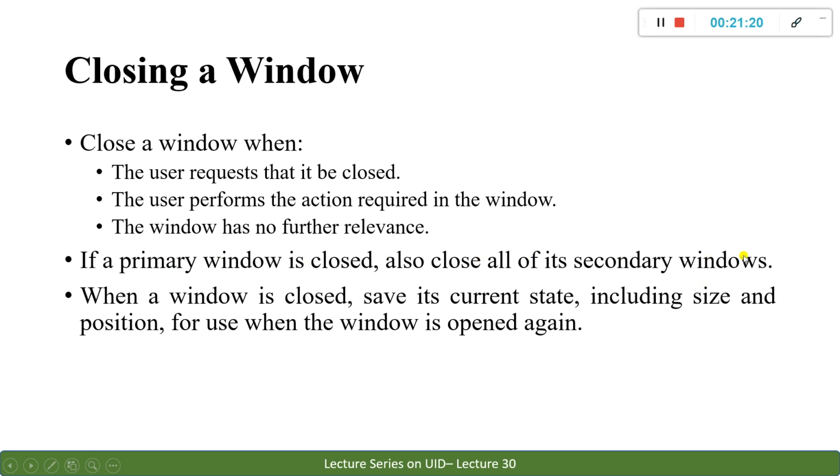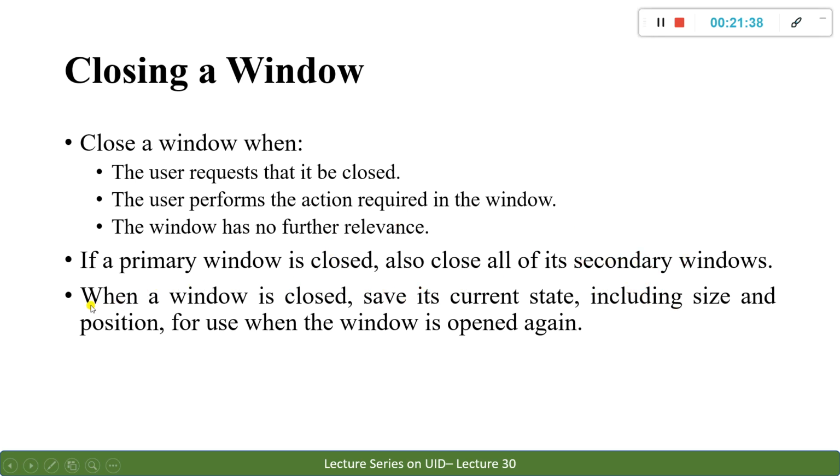But whenever you forcefully close all the secondary windows when the primary window goes off, you need to save the state of these secondary windows, because you may need it further. It depends on what kind of secondary windows you are dealing with.